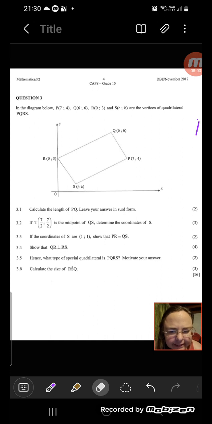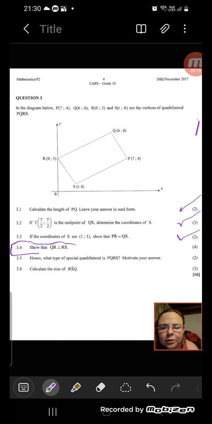Cool. That is already 2 marks, 3 marks, 2 marks. You've basically got 7 out of 16, which is almost 50%. It's about 45, somewhere around there. Is that coordinates? Okay, show that QR